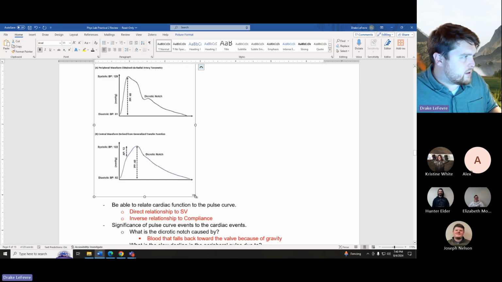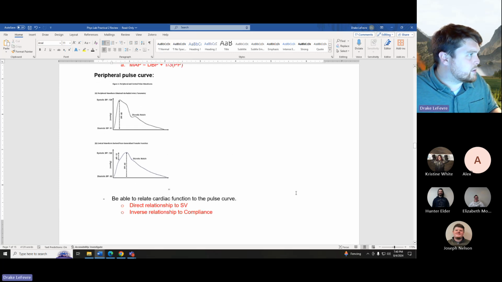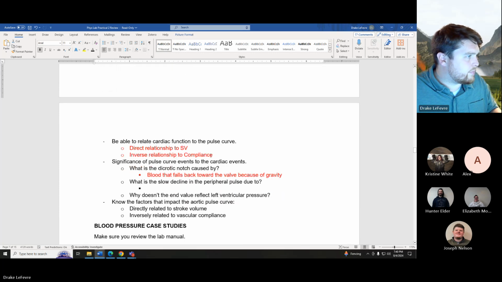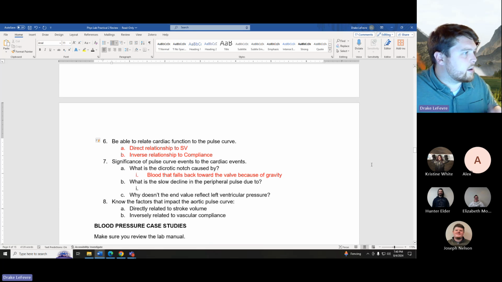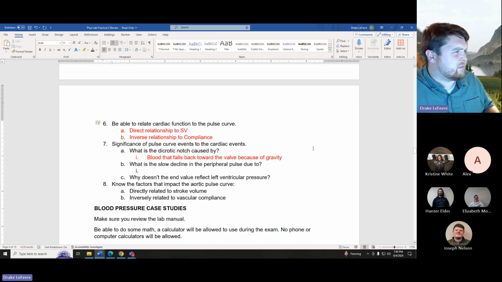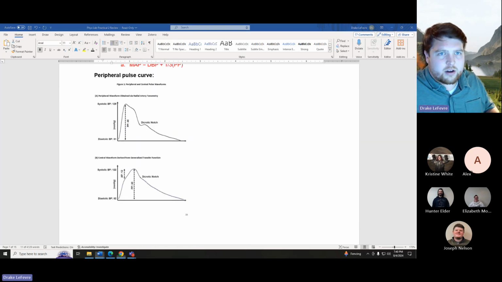Peripheral pulse curve, a dicrotic notch, all that fun stuff. Relate cardiac function to the pulse curve. Five, six, okay. Compliance, that's all fine. I'm not sure what this is actually asking, be able to relate cardiac function to the pulse curve. I wonder if it's talking about